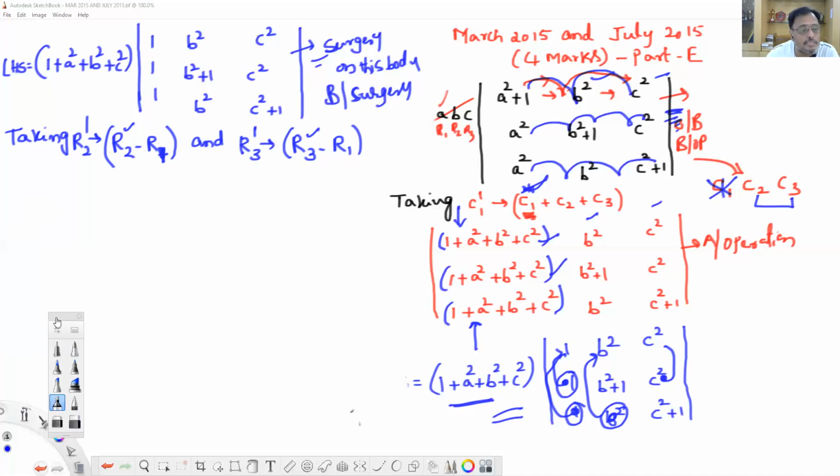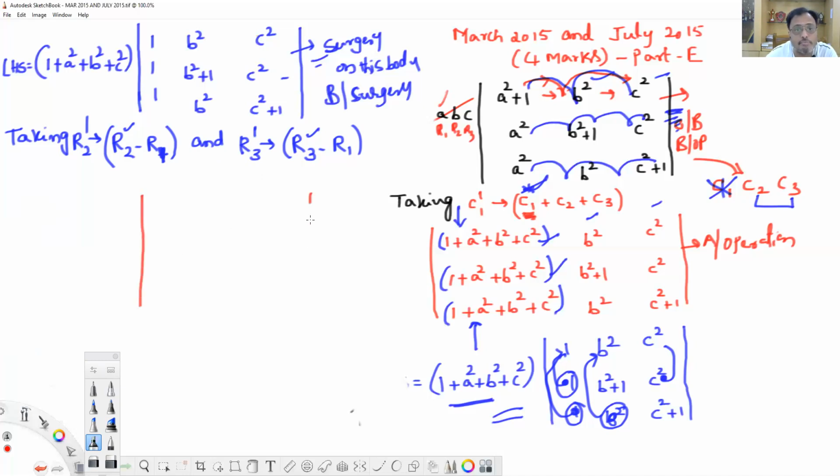So how am I going to do these 2 operations? Look here. This is the determinant before the operation. After the operation, you will definitely find some changes. So leave space for the first row, space for the second row, space for the third row. First, what is unchanged? How many rows are there? 3: R1, R2, R3.